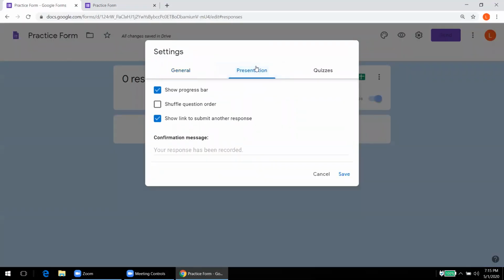So continuing with the settings in the presentation, this is again a very important thing: shuffle question order. Now this can be useful for us, especially when we want that the student should not cheat. Now we are taking the online exam, students are sitting at their own places, so maybe they can contact each other and talk to each other and then cheat. Cheat is not a good word to say, but still they can do this. So for that we can shuffle the question order.